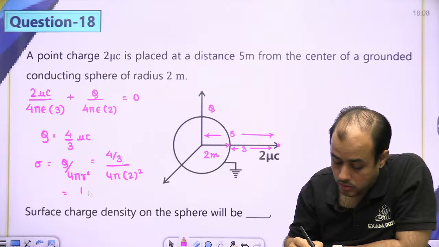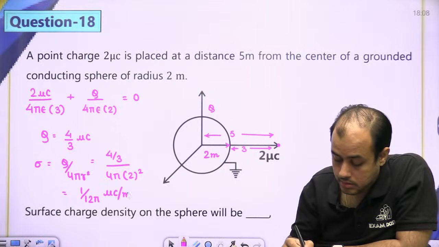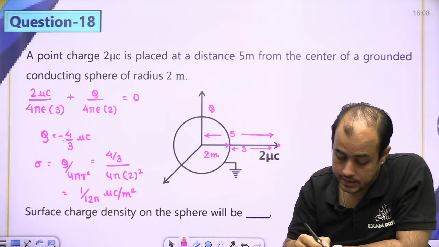1 by 12 pi microcoulomb per meter square. Minus में आएगा पूरा।